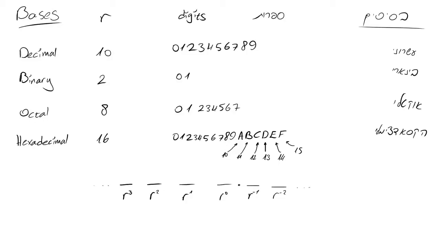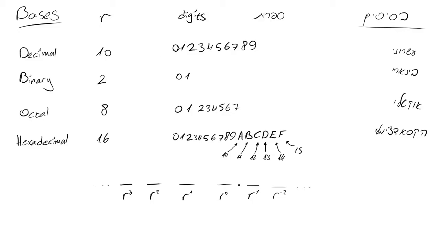Hello. Every digital systems course inevitably starts with numeric bases and the conversion between one base and the other. That is because computers use binary numbers, as you may or may not know, and we as humans use base 10, or decimal base. Now, the base is usually marked with the letter R for radix, and the principle is